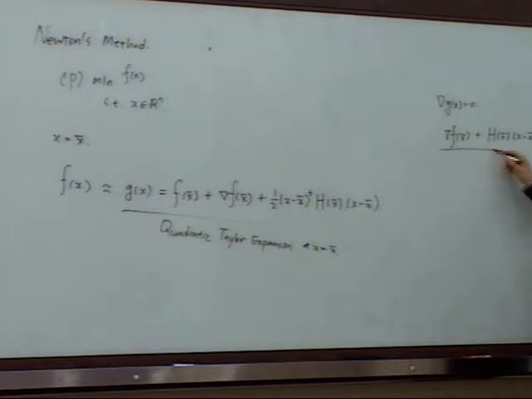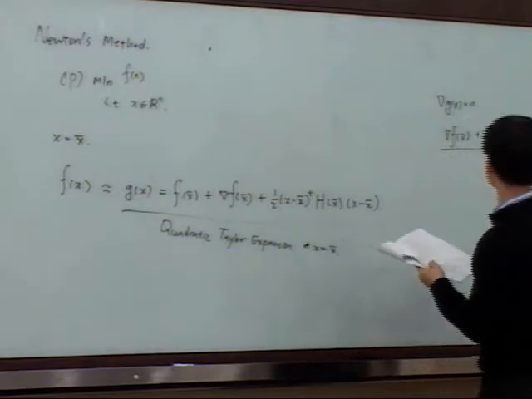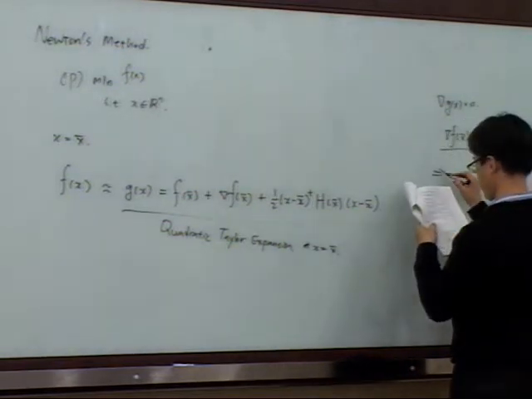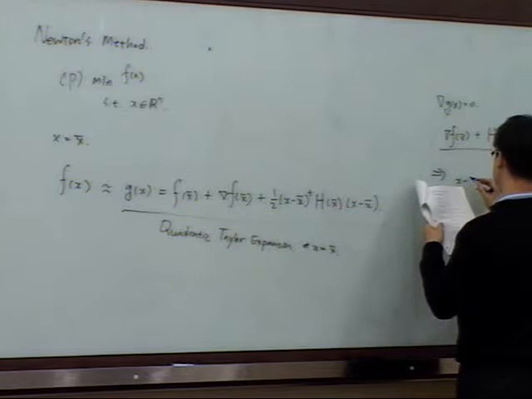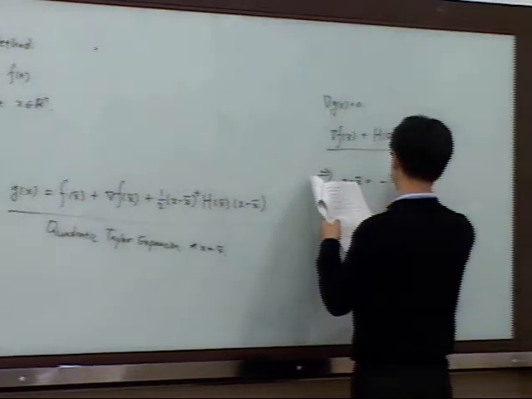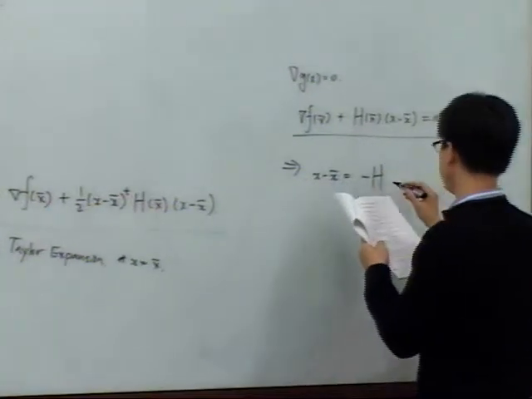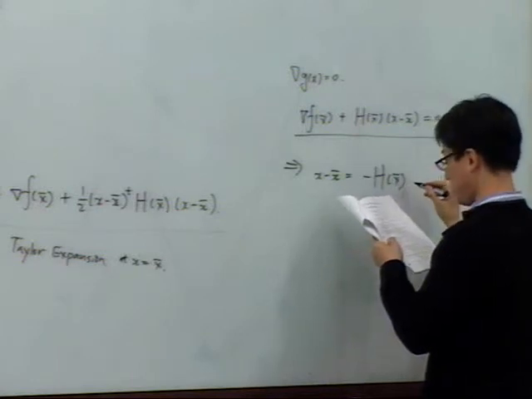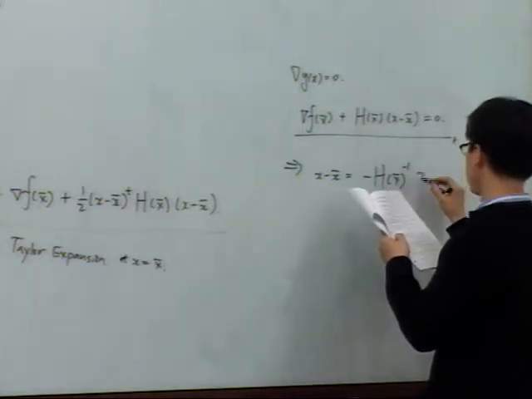Okay? Which is x minus x bar is equal to minus Hessian at x bar inverse